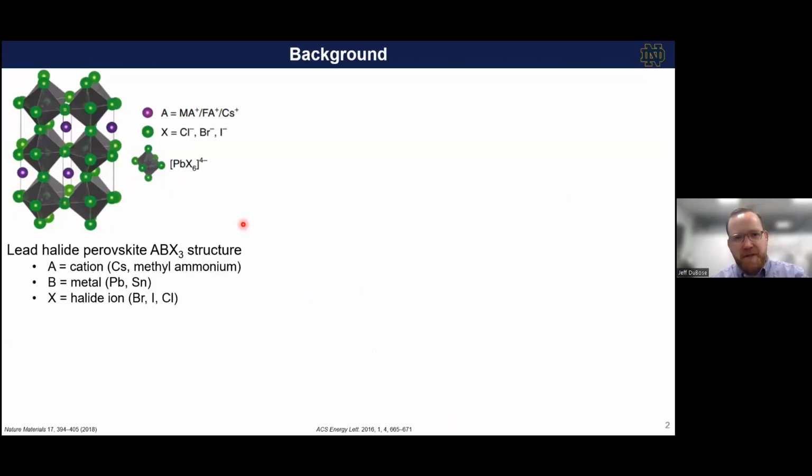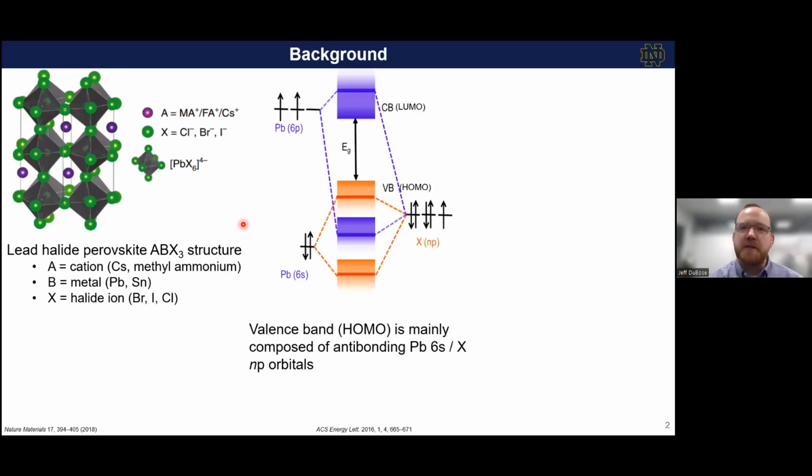I know this is a very perovskite and solar crowd, but I think it's useful to link back to structure-property relations, especially for our material scientists or inorganic chemists in the crowd. As most of us know, we have these lead halide perovskites with their ABX3 structure. But the important thing is that this structure directly dictates the optical properties and the actual energetic alignment